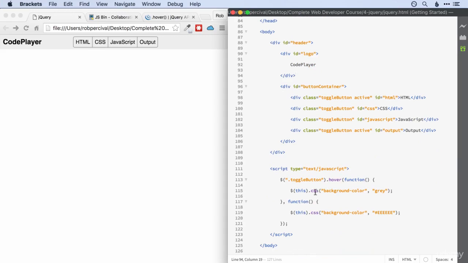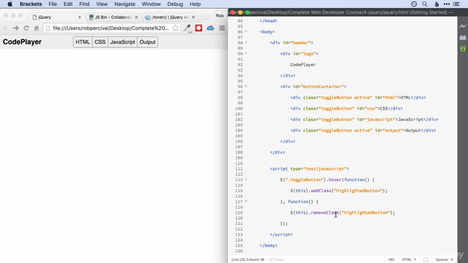And then when we hover over, we want to add the class of highlighted button. And then when we stop hovering over, we want to remove the class of highlighted